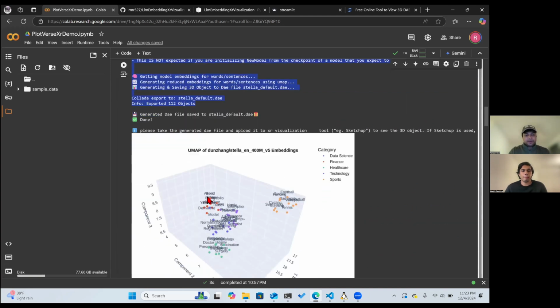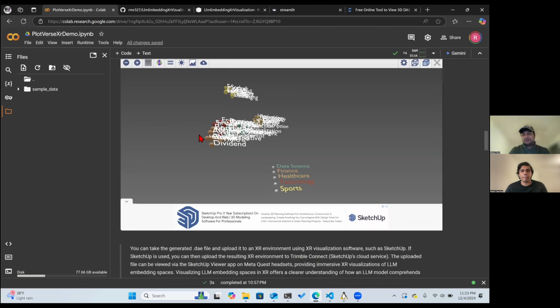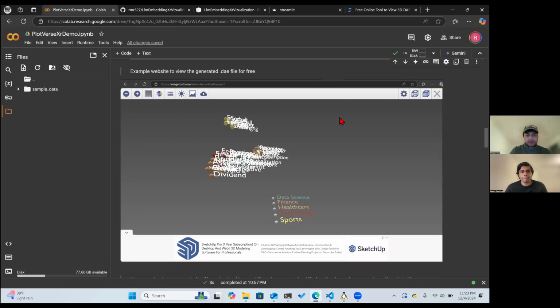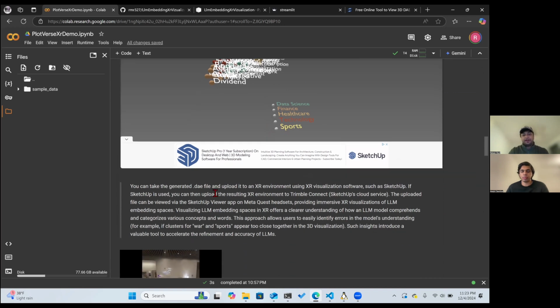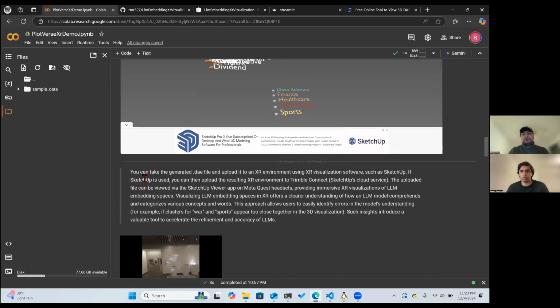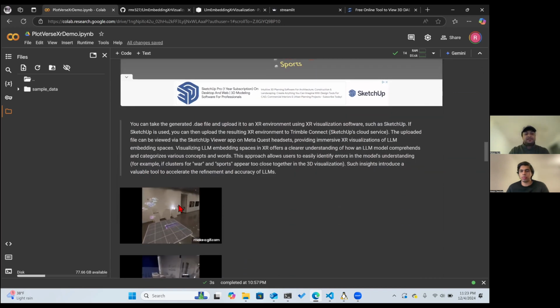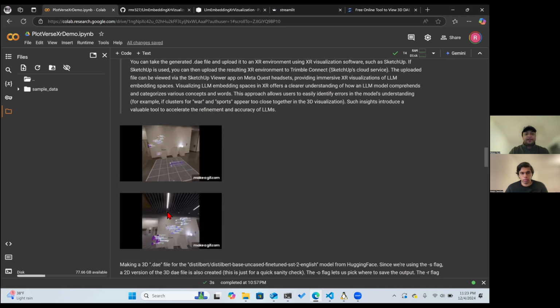Just going to run through step by step. I am going to run one of these just to show that it is actually running. So the DAE file that gets generated, you can go to image2stl.com and then just load it, and you can see it. If you're using SketchUp, the app that we recommend, you can then upload this to the cloud and visualize it from a MetaQuest headset, as you can see